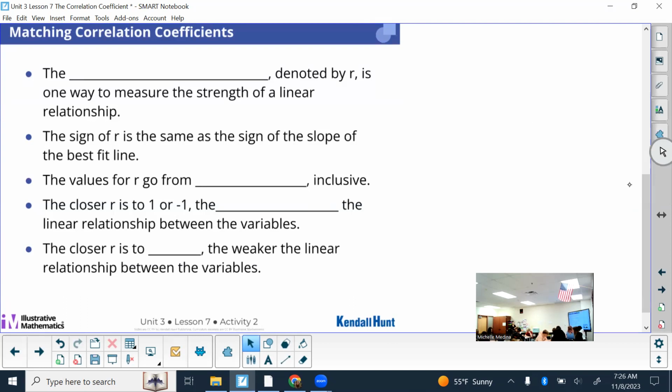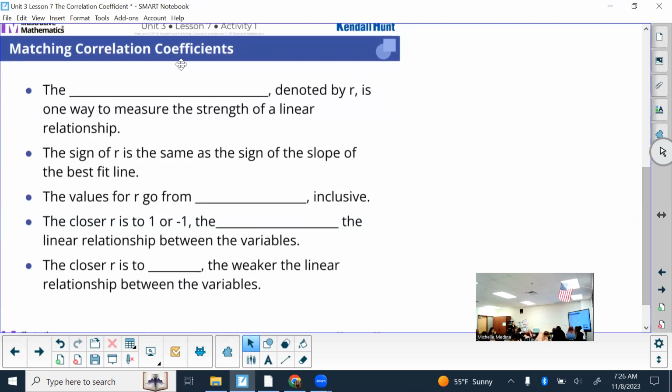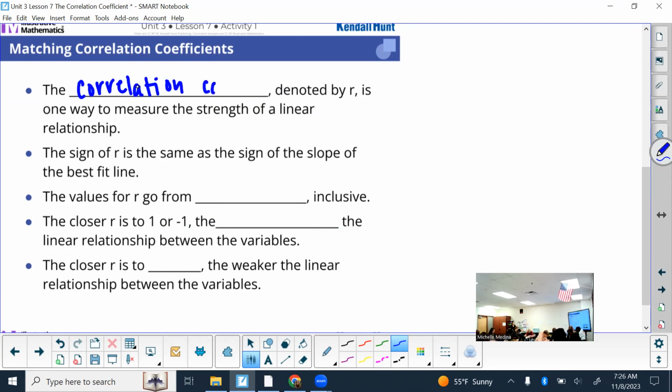All right, but first some vocabulary. You have these blanks to fill in as I fill them in. So first, you might be wondering, what even is a correlation coefficient? All right, correlation coefficient, we also will use R to designate it. Don't confuse it with residual. We'll use correlation coefficient or the R value